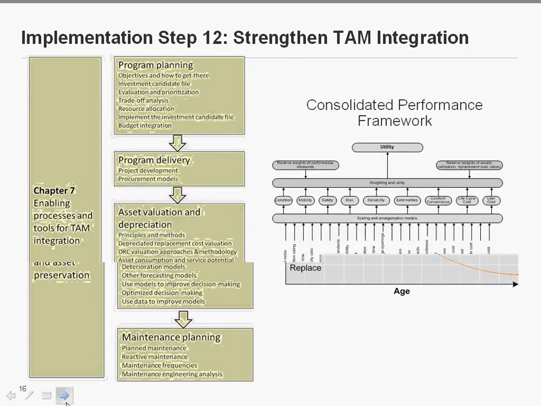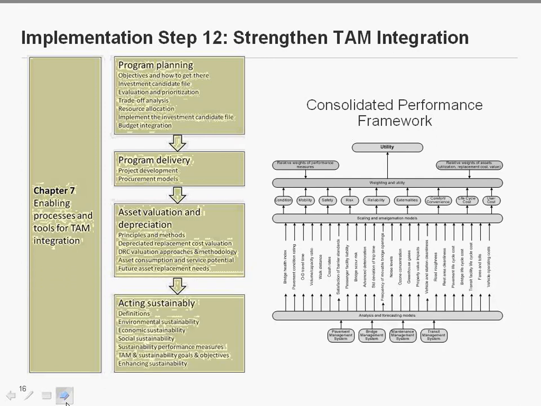So this group now starts to deal with the nitty-gritty. We've called it integration. It's bringing all of that together into your program planning process. And the little diagram on the right introduces a trade-offs model when you're looking at all of those factors. How do you take multiple factors into account and determine an optimal outcome for your